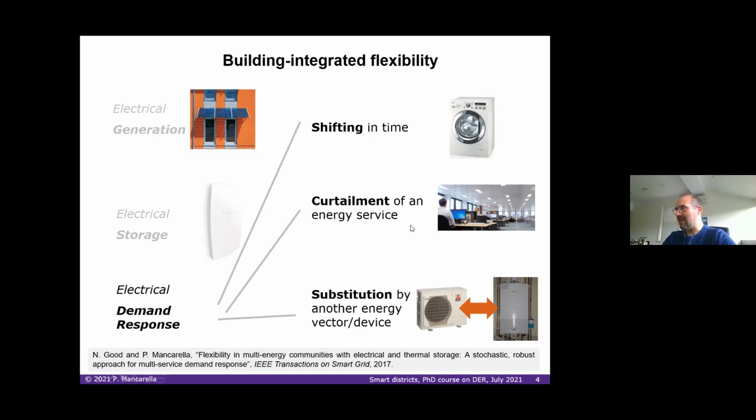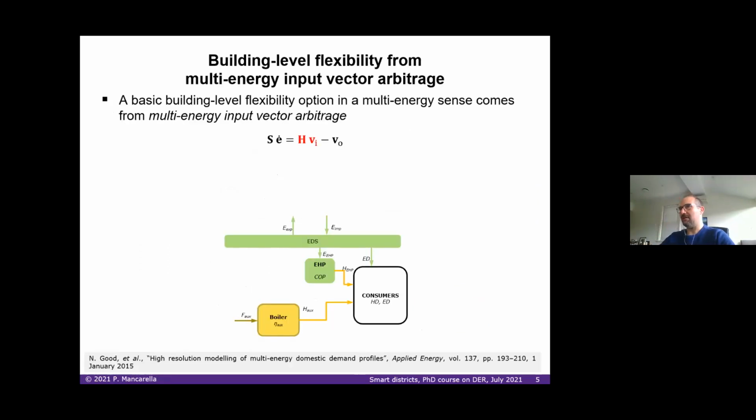You can curtail the services. You can switch off the electricity services. Of course, you can substitute for another energy vector that is again linked to the multi-energy flexibility. And just on that, this is basically called multi-energy input arbitrage, where again you look at the general mathematical